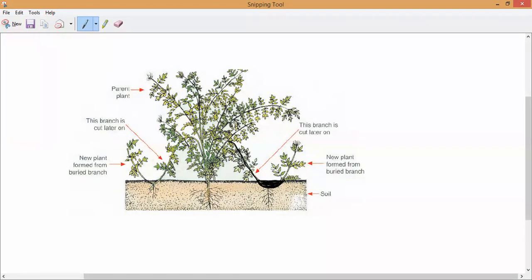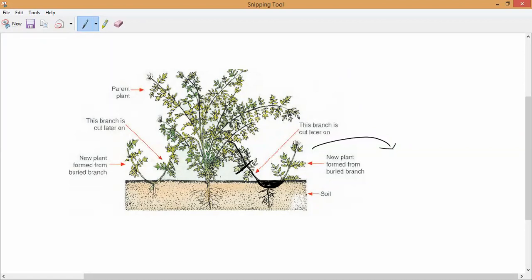Here it has some kind of buds. From those buds, what will happen? It will start developing the roots, and still it is exposed to the upper layer so that it continues to grow. But by that time it will produce the roots. Later, if you want to grow it as a new plant, we can cut this part, dig it out with the roots and plant it in a new place. Like that we can cultivate this.